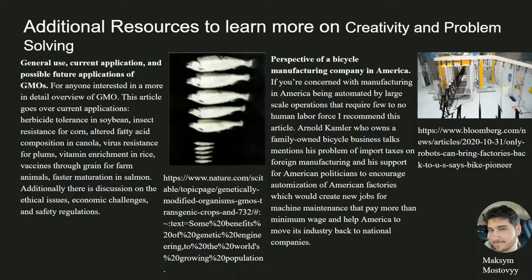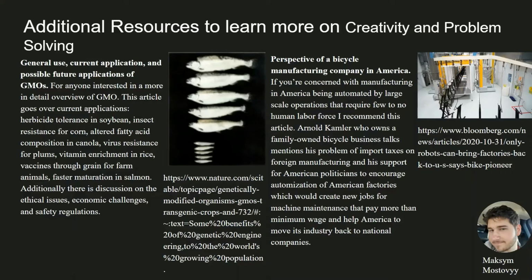Moreover, I talked about manufacturing in America. This article in Bloomberg explains perfectly how manufacturing in America doesn't have to be just human labor. If you're concerned with manufacturing in America being automated by large-scale operations that require few to no labor force, I recommend this article. Arnold Kamler, who owns a family-owned business,